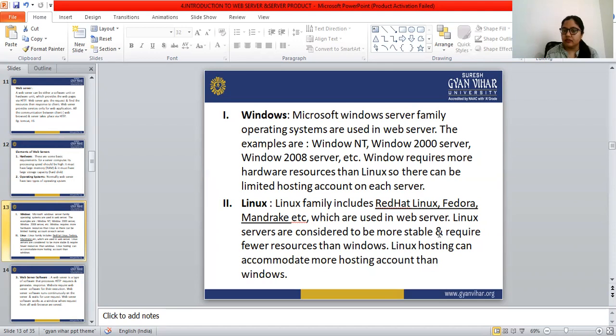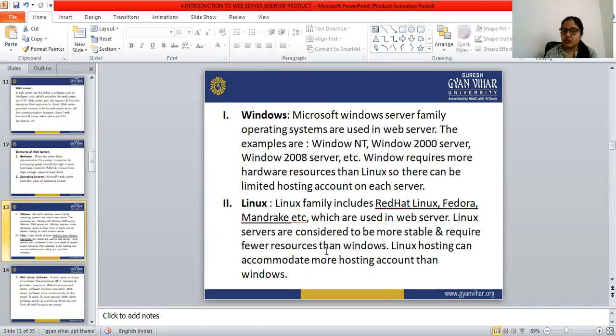Linux servers are considered to be more stable, and they require fewer resources than Windows, whereas Windows requires more resources.